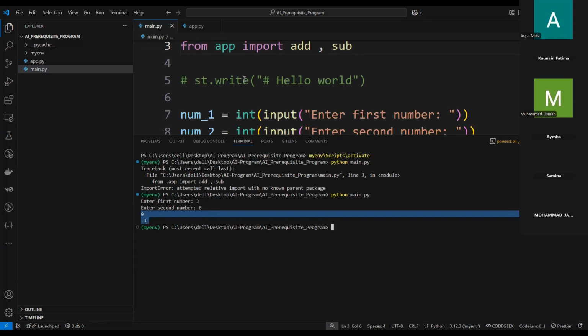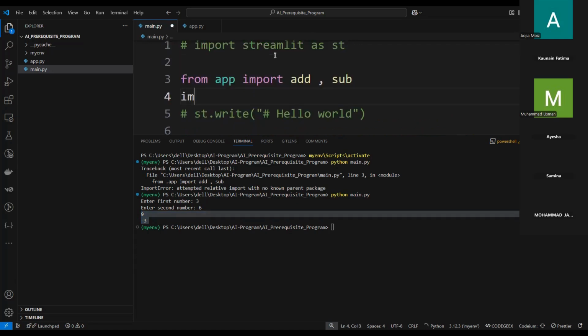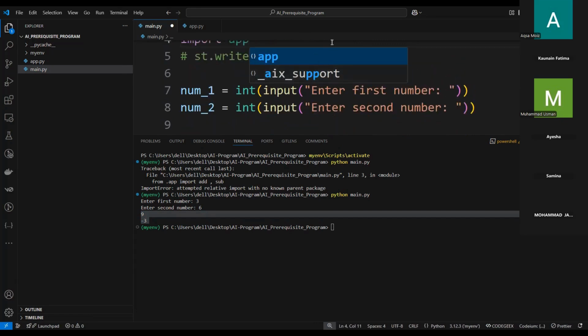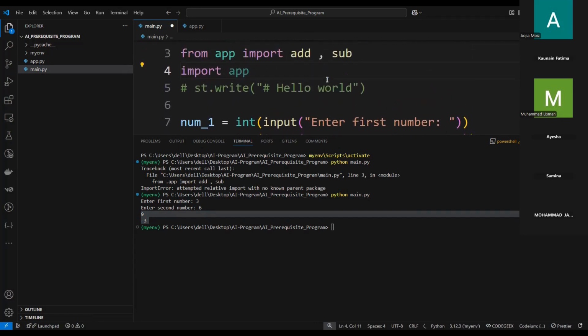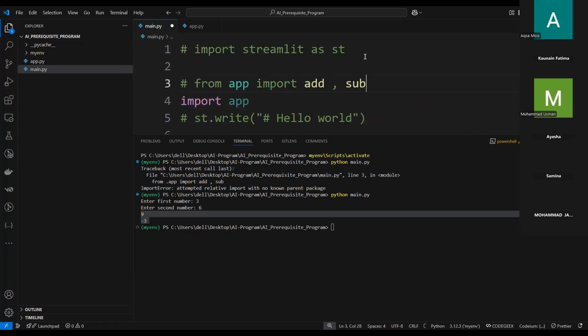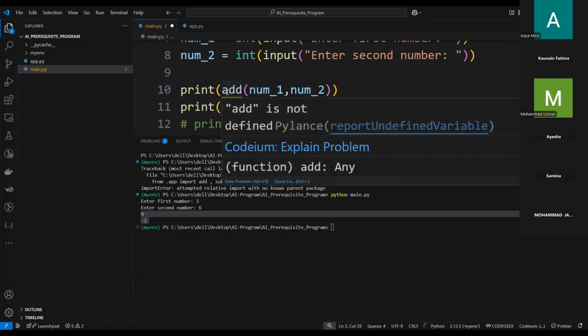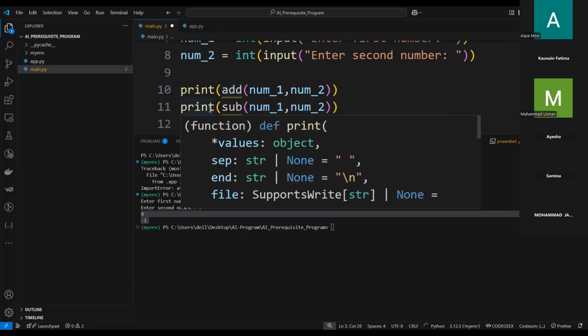ठीक है, फंक्शंस मेरे चल गए। बट फंक्शंस क्या इसी वाली फाइल के अंदर डिफाइन थे? नहीं, फंक्शन किसी और फाइल में डिफाइन थे। सो दैट्स द वे दैट यू कैन इंपोर्ट द फाइल। ओके, सेकंड वे इज, आप डायरेक्टली पूरी की पूरी फाइल को इंपोर्ट कर सकते हो, लाइक ऐप। अब मैं ऊपर वाली लाइन को 1 मिनट के लिए कमेंट कर देती हूँ, तो आप लोगों को एरर समझ में आएगा। मैंने सिर्फ पूरी फाइल को इंपोर्ट किया। देखो आ गया एरर, ऐड इज नॉट डिफाइंड, सिमिलरली सब इज